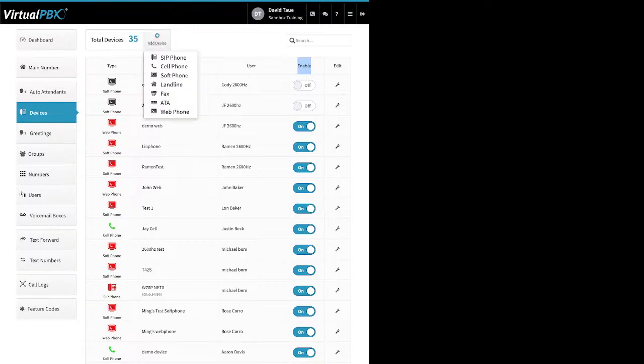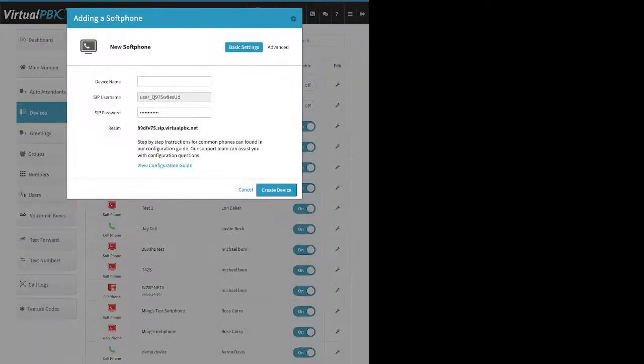Up here at the top, you can add devices here, right? Just like we did under the users. The main difference, again, for the soft phone, you can only add a third-party soft phone here. No adding the VirtualPBX soft